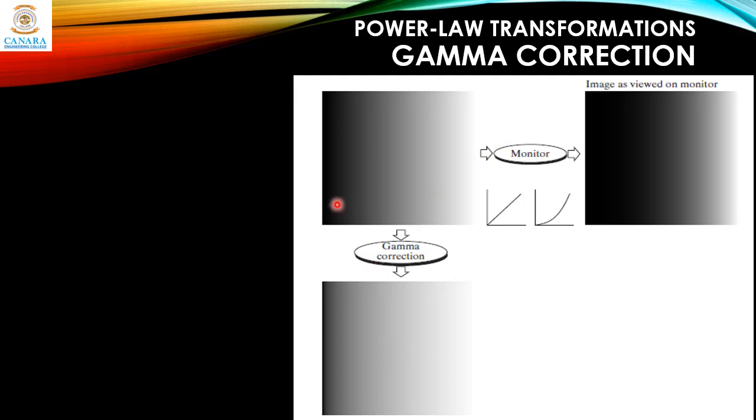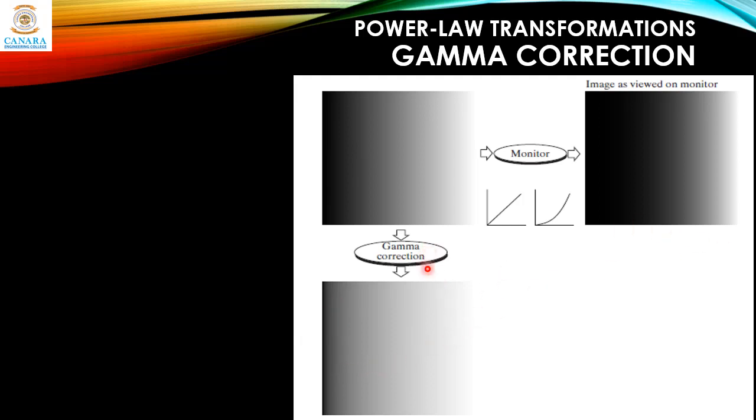Now you can observe the difference here between the input and the corrected image. The wedge image is a linear grayscale wedge image. This is the black intensity level, and it gradually increases to a full bright pixel value towards the right. On the display, it appears darker and then white at the end, so this is having a darkening effect. Now in order to correct it, we apply gamma correction, and look at the output here. It has become brighter. You can see the darker area in the original input image has been reduced into this smaller region.